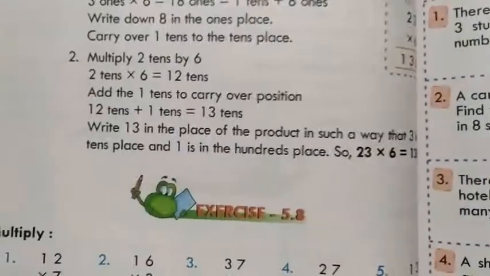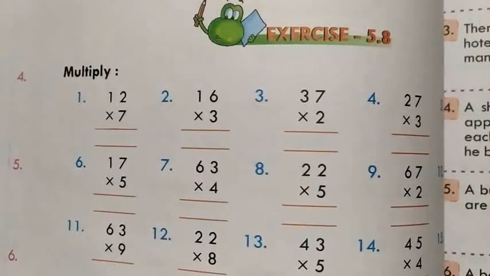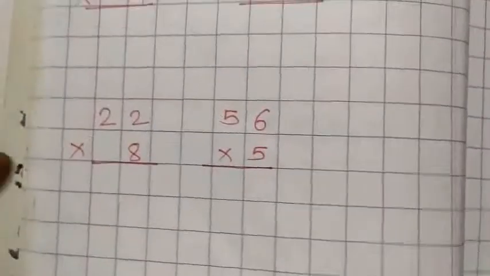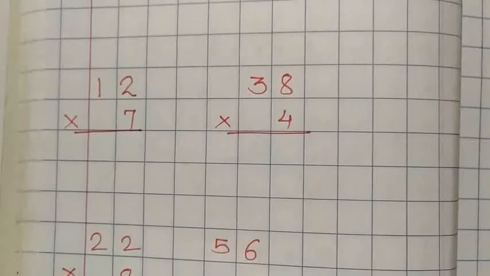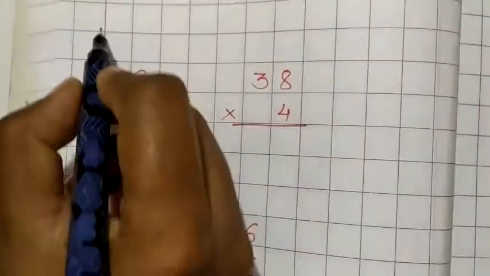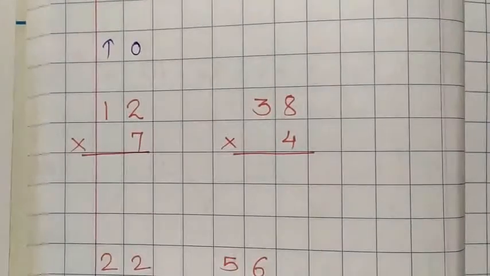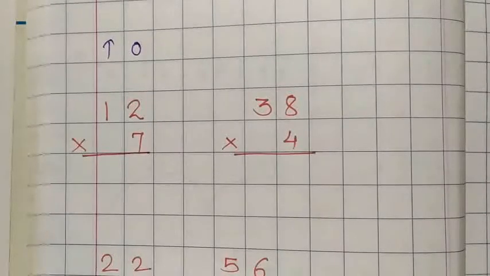Now here, we are learning multiplication of 2-digit numbers by a 1-digit number, but with carry. With carry. Here you can see some examples I have written in my math notebook. So the first example, students, you can see there is 12 multiply 7. Okay, this is a 2-digit number. It means they have written it according to place value. Okay. Now the first step of multiplication is the number in the ones column, you have to multiply that number first.